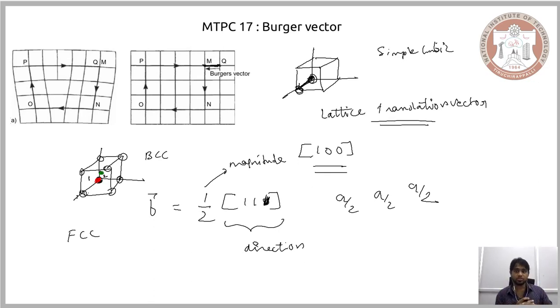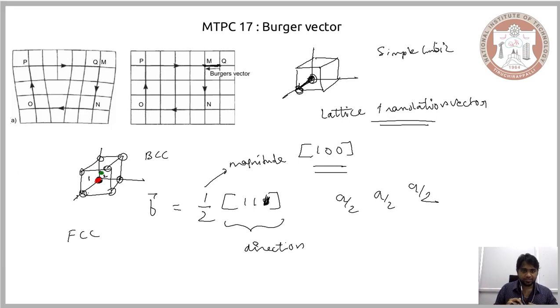also have two forms of lattice translation vectors, by considering the interatomic distance between the corner atoms, and also by considering the interatomic distance between the corner atoms and the face centered atoms. And it is also possible to consider the distance between the face centered atoms, but then it will come back to the distance between the corner atoms. So there are two ways you can have the lattice translation vector, a Burgers vector that is equal to the lattice translation vector in the FCC crystal structure.